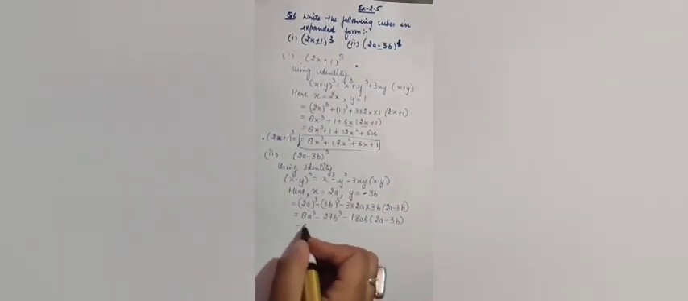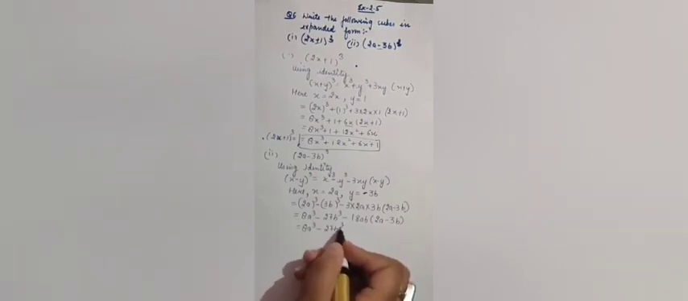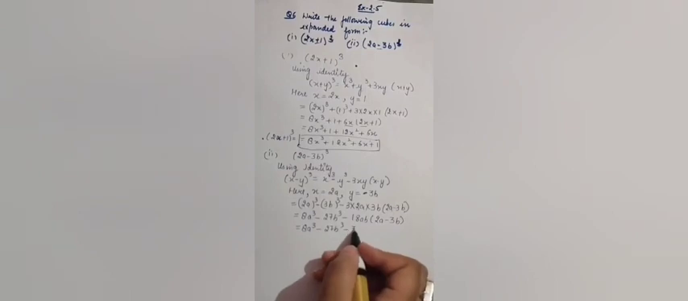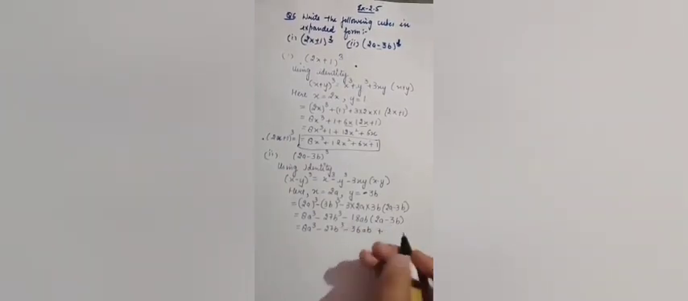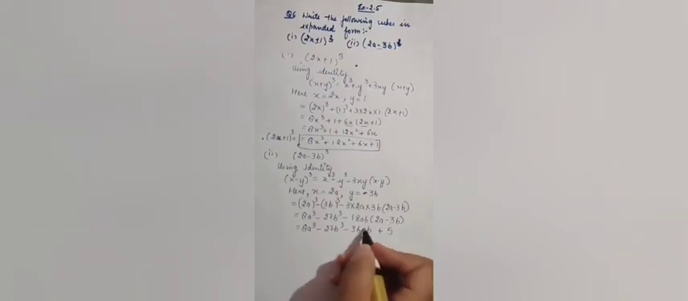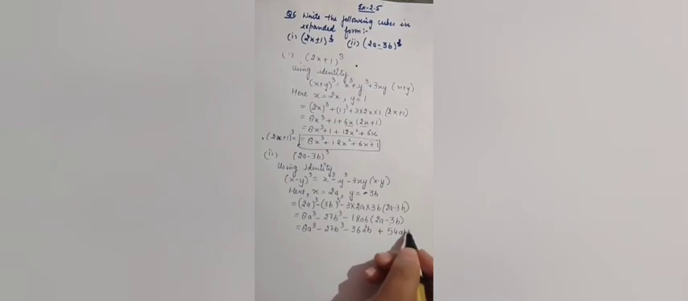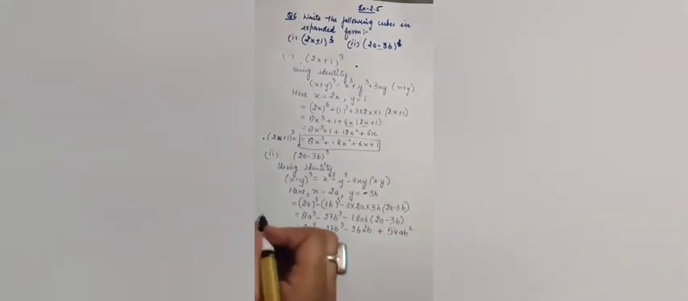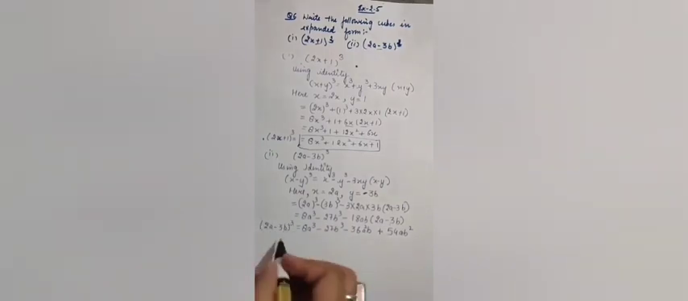So 8a cube minus 27b cube minus 18 into 2 will be 36ab, plus, minus and minus signs will be plus. So it will be a square b here. So it will be 54ab square. So I can write it here as (2a minus 3b) whole cube is equal to